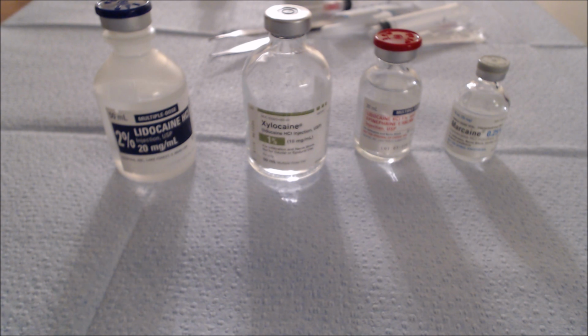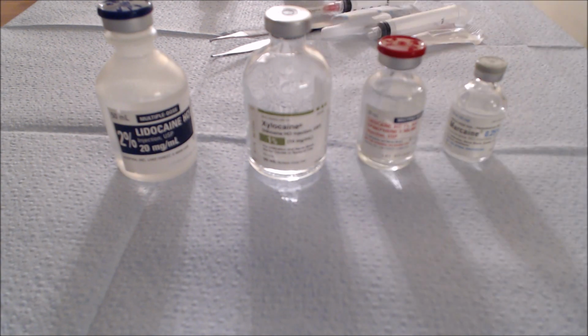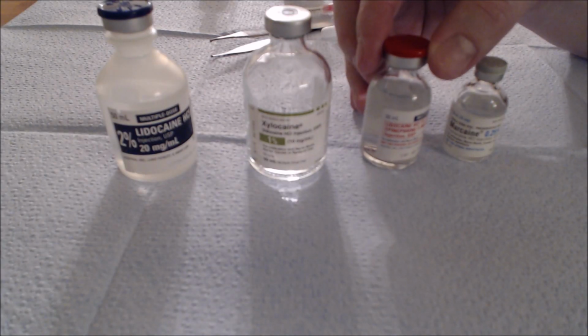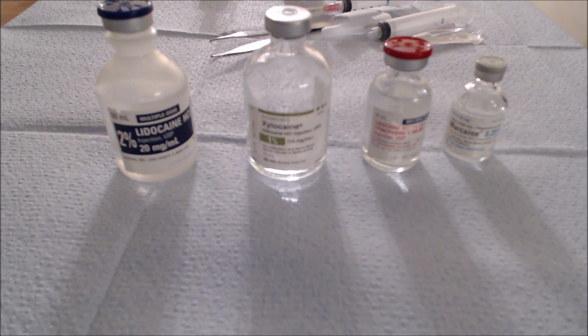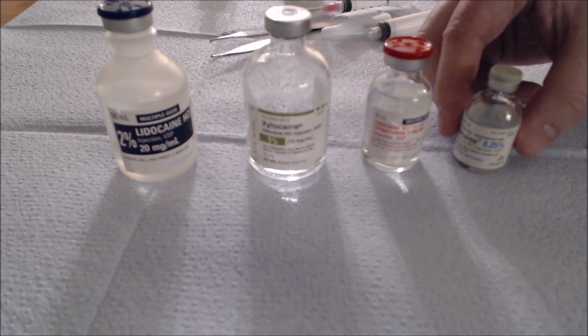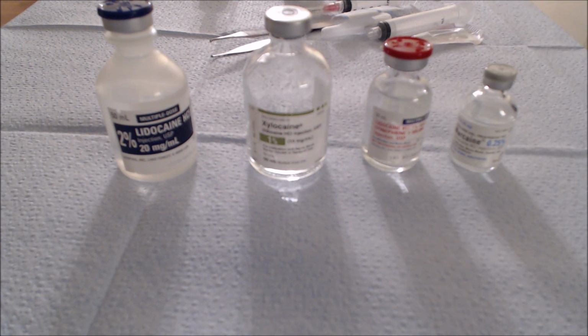Lidocaine with epinephrine, you can see here with the red label, is only to be used in certain parts of the body. When you inject lidocaine with epinephrine into an area that's bleeding, the skin edges will turn white and stop bleeding. This will help you close the wound. If it's a wound on the arm or leg, it's usually okay to use, and it comes in a 1%